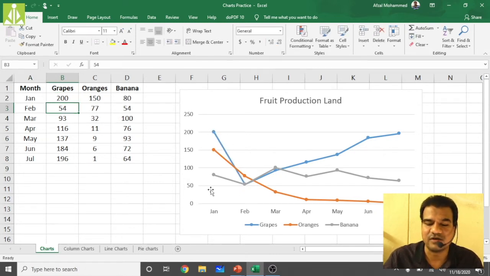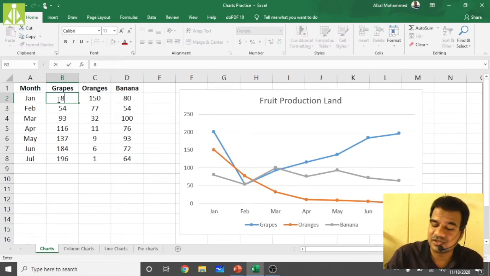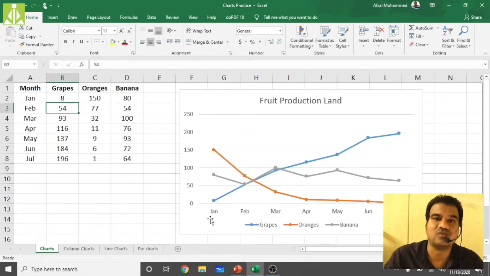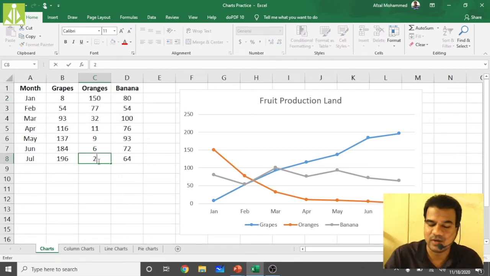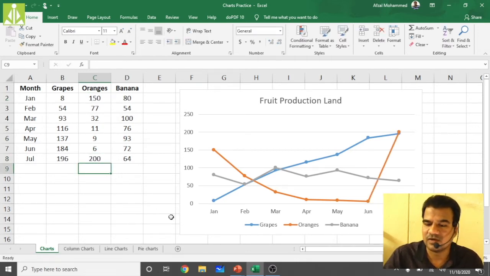See, it got shifted from here to here. So your chart values, your chart lines, they are changing dynamically when you change the values. Simply it will come down like this. Change something over here, make it as 2, here 1 now. Make it 200 once again, and it will go up from here to here. Like this, they will change dynamically. Hope you understood this one.